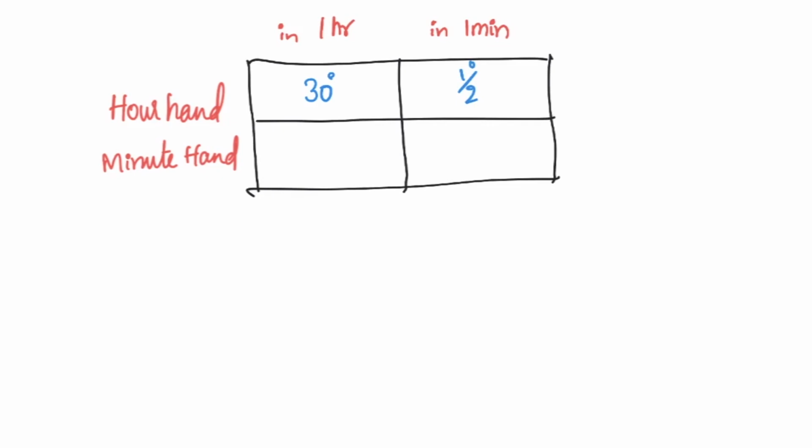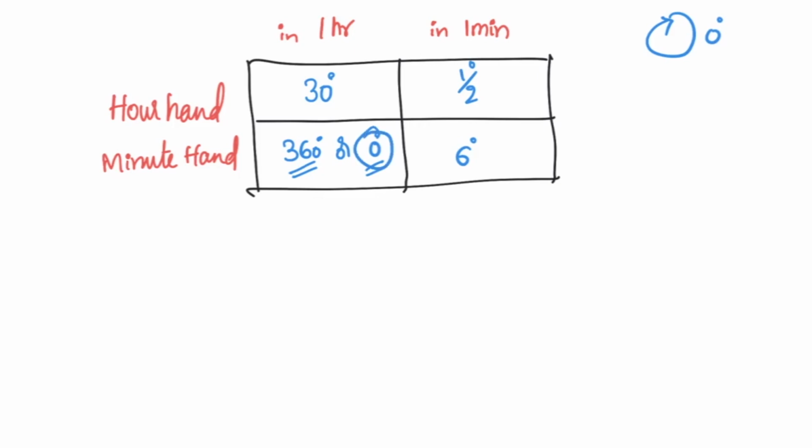Similarly, minute hand can complete 360 degrees in 1 hour, or for every 360 degrees cycle, it counts from 0 degrees again. So, minute hand completes either 0 degrees or 360 degrees in 1 hour, and minute hand completes 6 degrees in 1 minute. See, the minute hand completes 360 degrees or 0 degrees depending on the situation we use, but for calculation purpose we assume it as 0 degrees only.